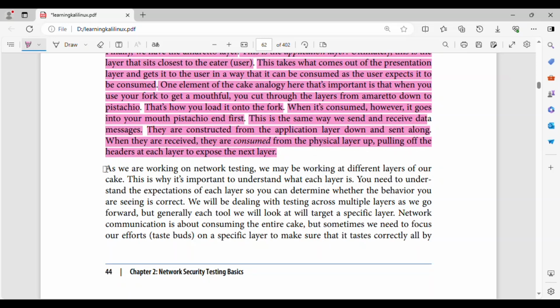As we are working on network testing, we may be working at different layers of our cake. This is why it's important to understand what each layer is. You need to understand the expectations of each layer so you can determine whether the behavior you are seeing is correct.